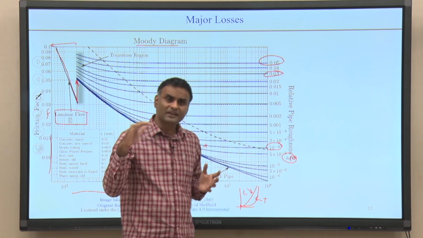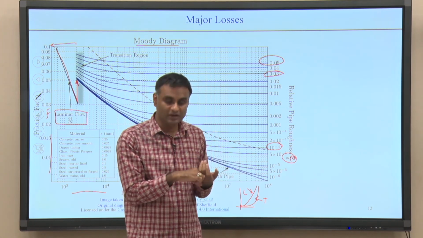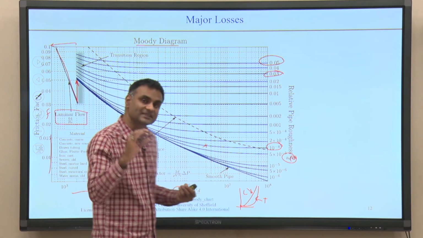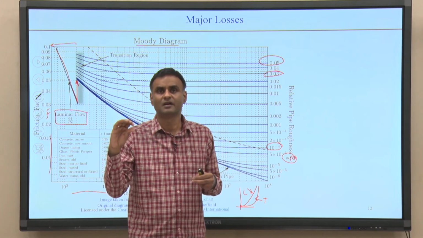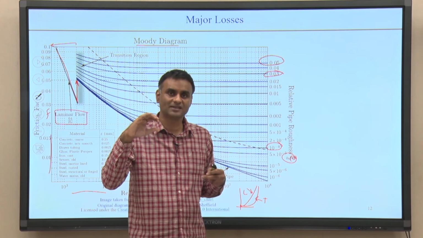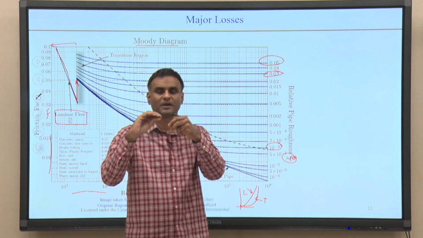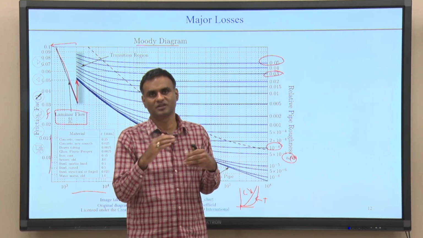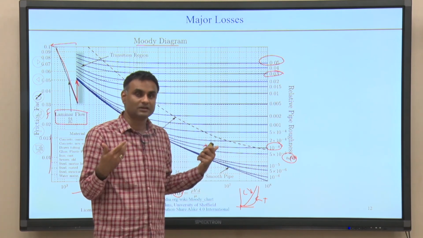Now, the next question, why do we have roughness effect in turbulent flows, but not in laminar flows? We discussed that in the turbulent flow near the wall we have a viscous sublayer, and these viscous sublayers will be very thin. Higher the Reynolds number, thinner the viscous sublayer is going to be. So, when you have rough pipes, the viscous sublayer can be of the order of the roughness. This could cause a lot of disruptions. That is why the roughness has an effect in the turbulent flows.